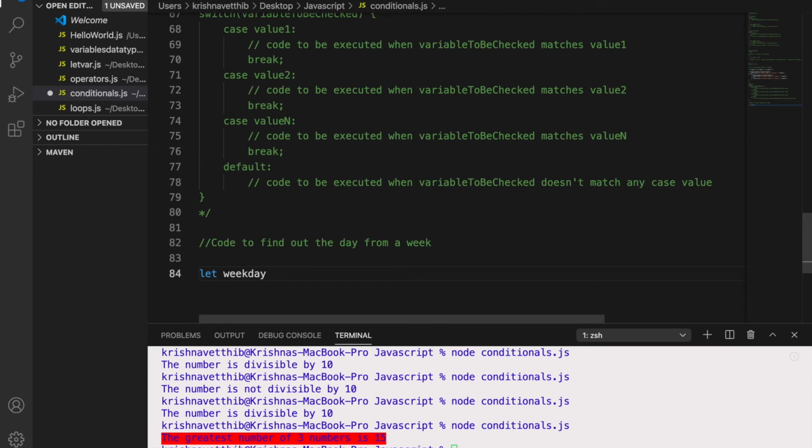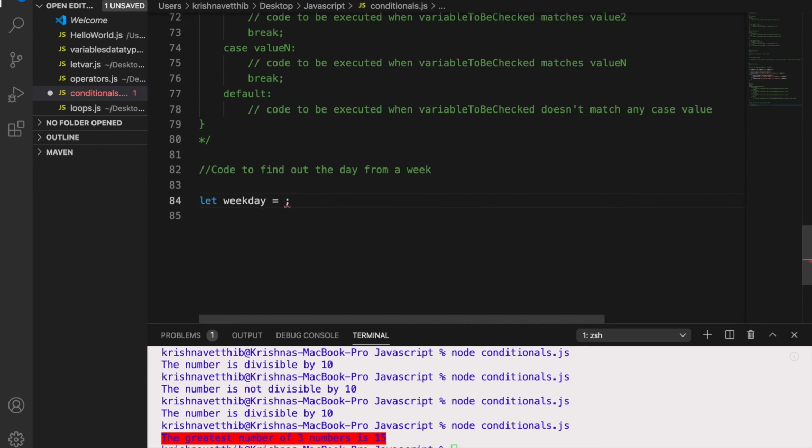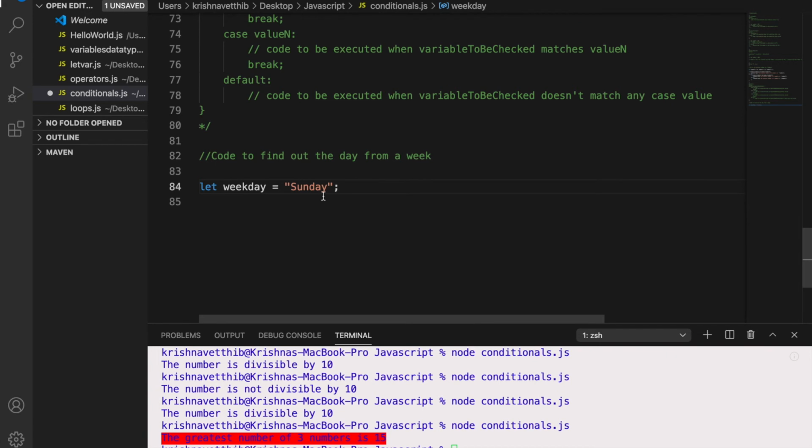So weekday, let weekday equals to 6. Okay, sorry, let us take Sunday. So now Sunday, let us try to write day equals to Sunday. So now let us write a code to find out whether Sunday is weekend or not.